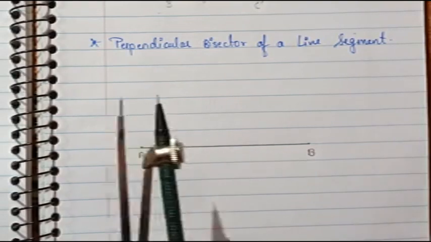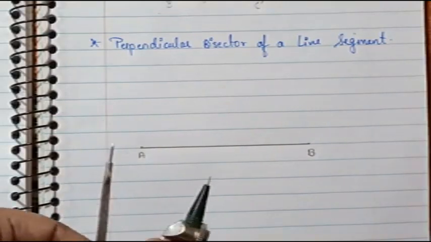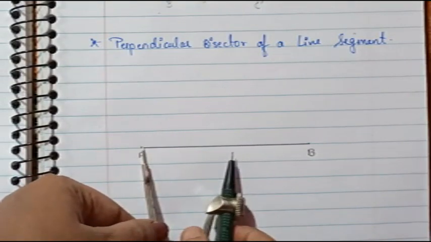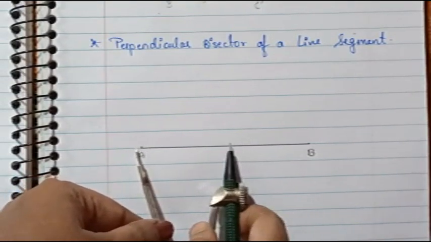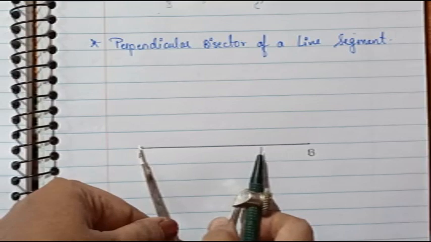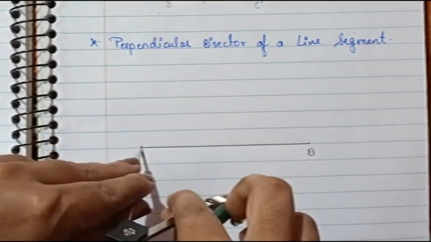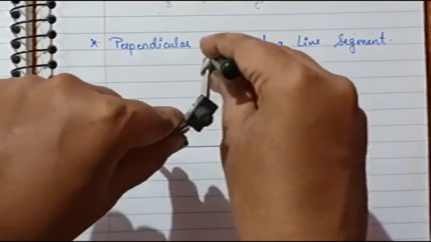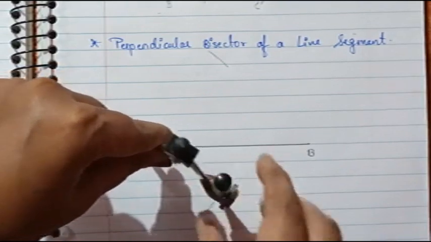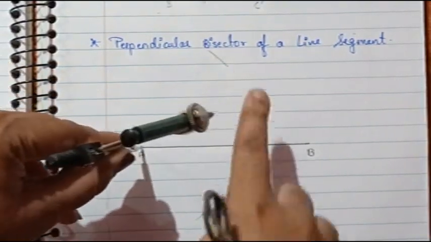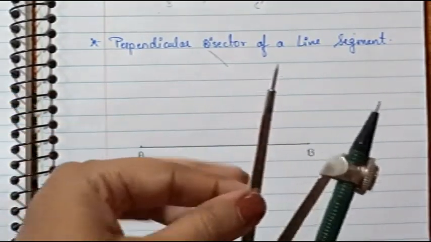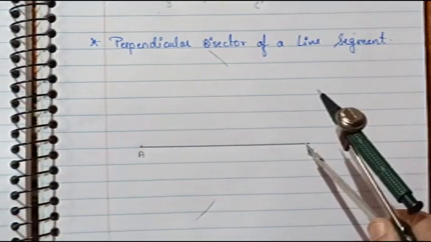Okay, so for that again you are supposed to use the divider, or you can say the compass. And now whenever you are supposed to bisect, you have to take a distance that is more than half. अगर हाफ यहाँ पे है तो आपको हाफ से ज़्यादा डिस्टेंस लेना है. ओके, तो आपको पहले पॉइंट ए पे रखना है. First you are supposed to place at point A and draw the arc, one arc above and one arc below. पॉइंट ए पे रख के आपको ऊपर का आर्क बनाना है और एक नीचे का आर्क बनाना है. सेम डिस्टेंस रखना है, डिस्टेंस को चेंज नहीं करना है. फिर आपको पॉइंट बी पे रखना है.